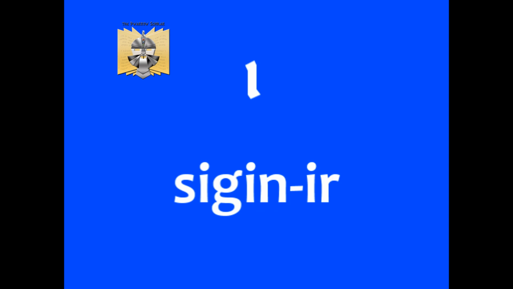Siginir. The next rune is the extended version of this rune. Now, there's a bit of a background story that you should know about this rune, about Siginir. In some regions, this rune has a second usage, being the rune that points out the article in a line. In other words, it emphasizes when a word is, for instance, the axe instead of an axe. So take this into account if you see this rune pop up at the start of a word where you would not expect it. Note, though, that in such cases it would be accompanied by a space marker indicating that it is in fact a separate word.